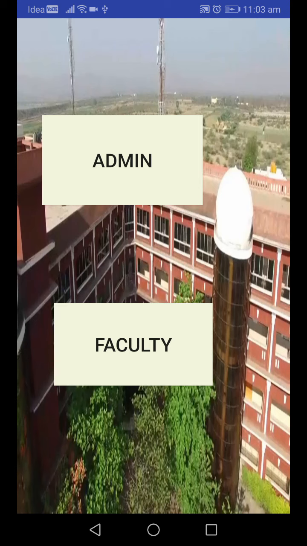This application is used for every organization, whether big or small, which has challenges to overcome in managing the information of faculty. This system is designed for the particular needs of an institute to carry out its operations in a smooth and effective manner.